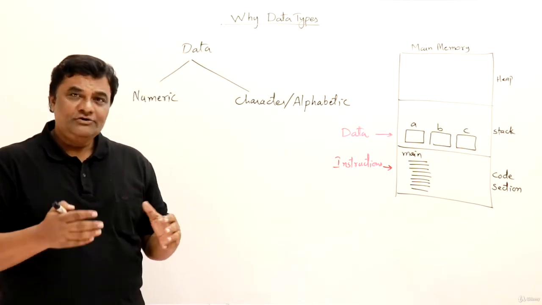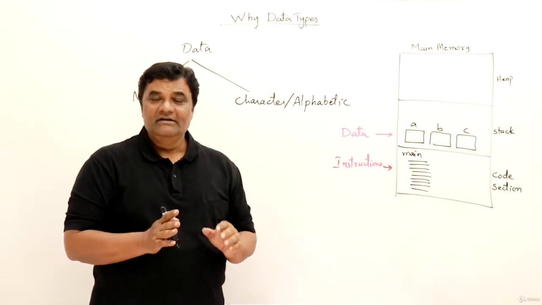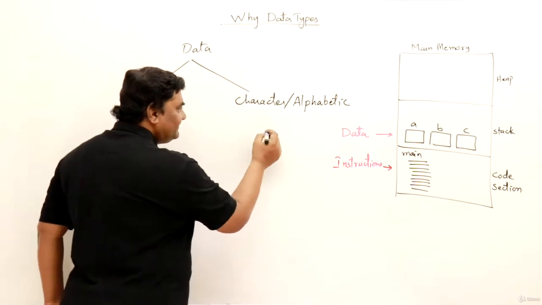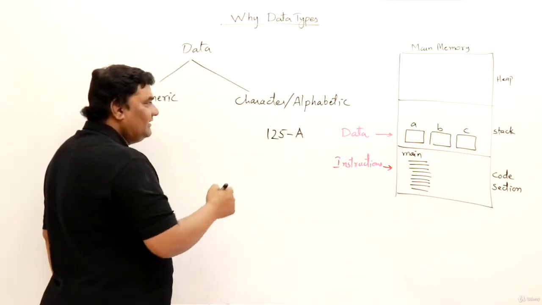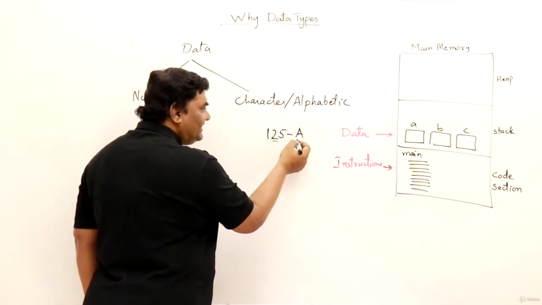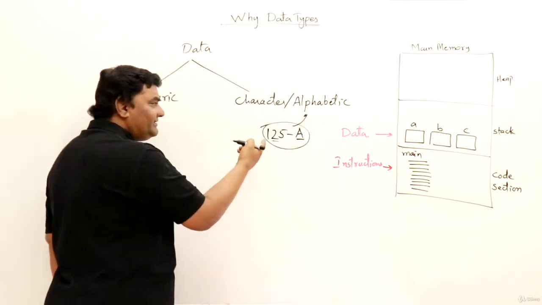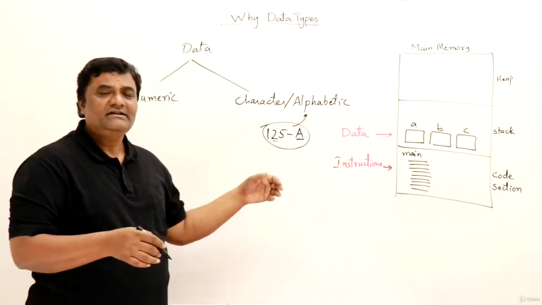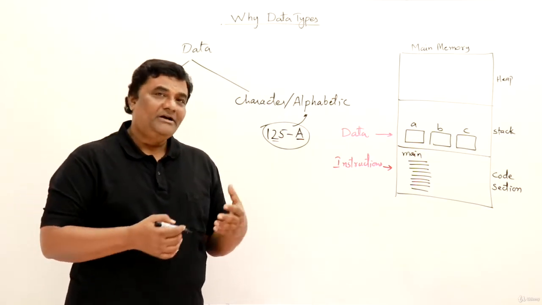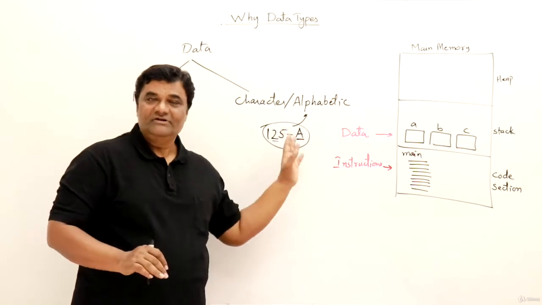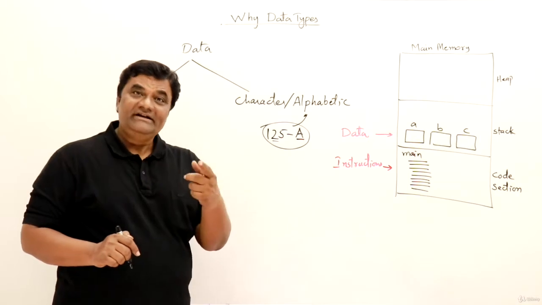And sometimes we use a mix of numeric and alphabetic. Like if I am writing a door number, let's suppose 125-A, this is a door number. It has a number as well as an alphabet. So let us consider this also as alphabetic only, though it has numbers, because alphabets are there. Otherwise, you can say alphanumeric, right? But basically, it is like a character only. So leave it. Now, I'll pick up these two one by one and explain them in more detail.